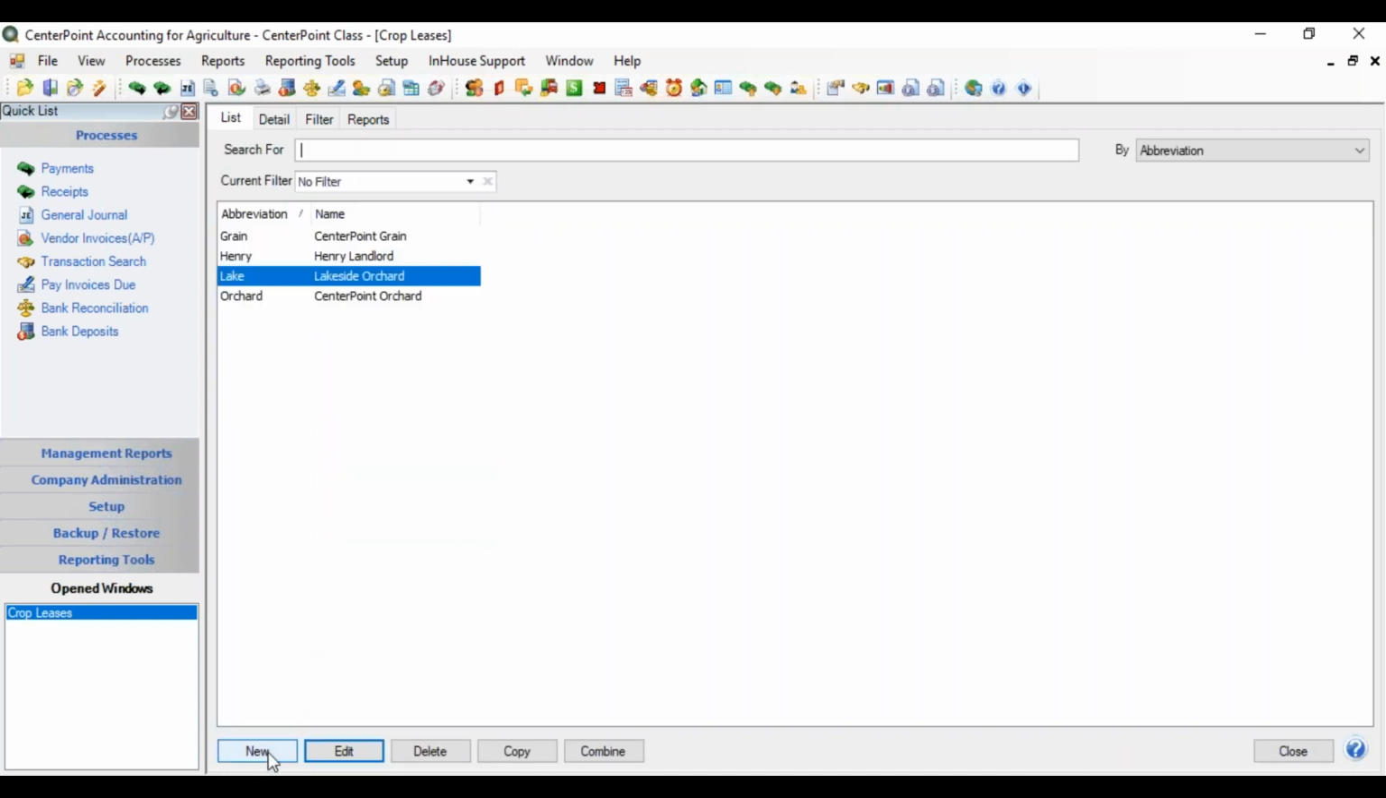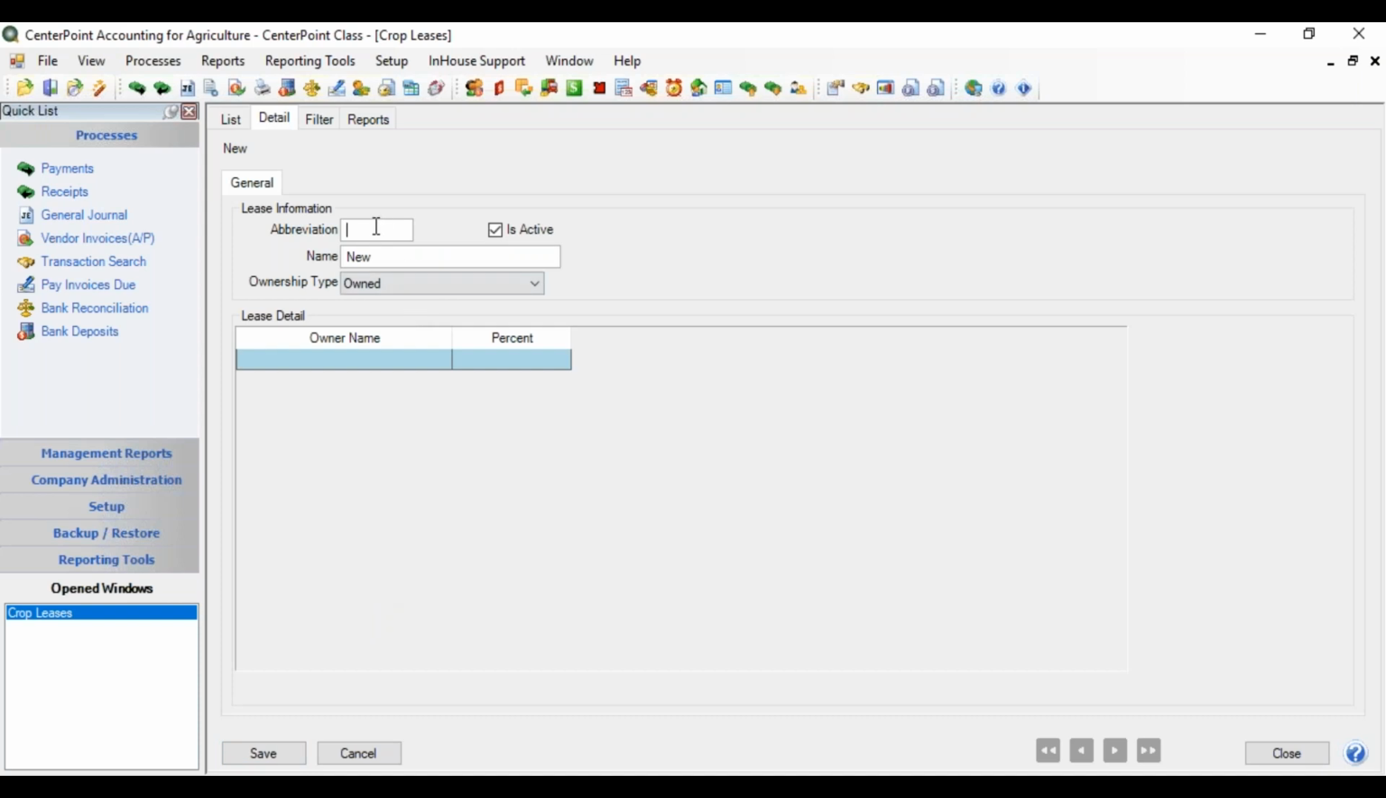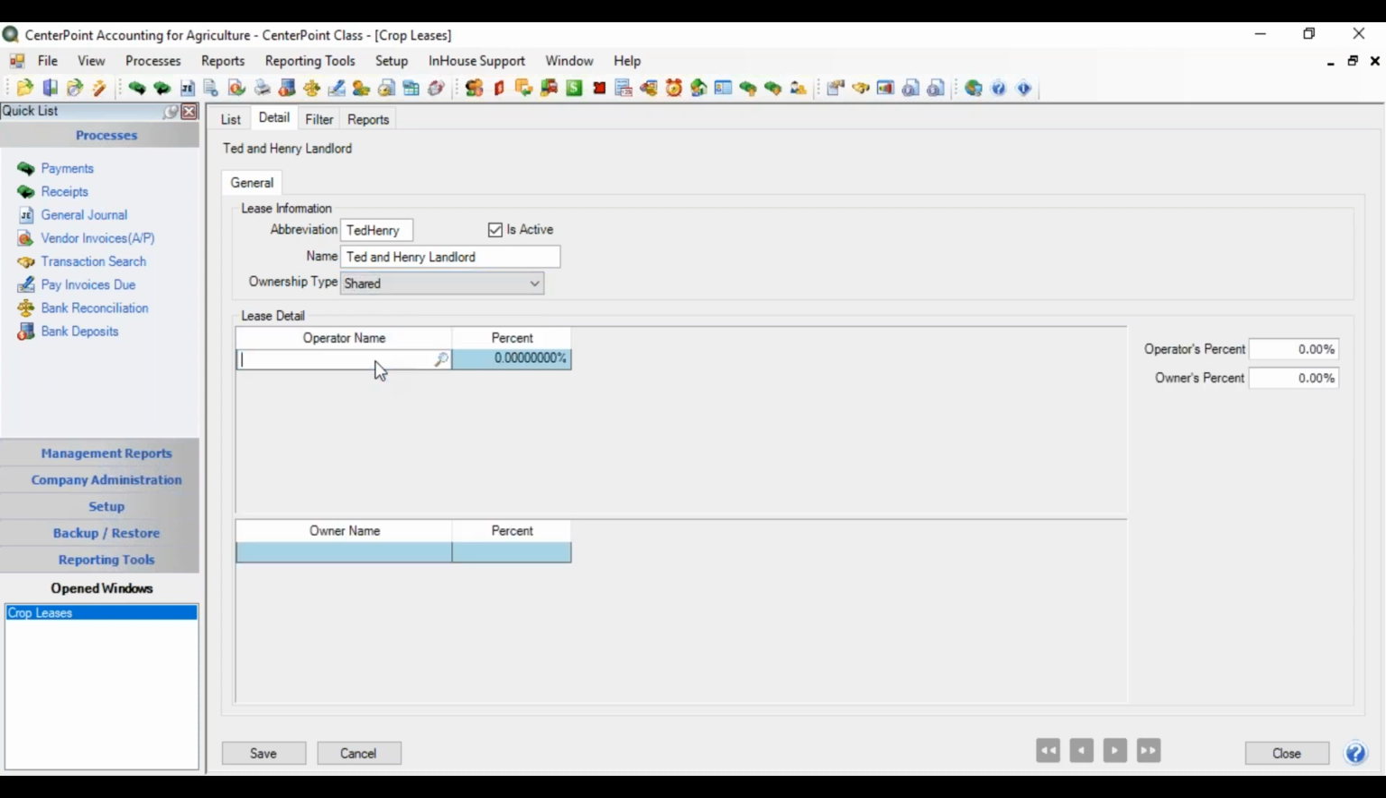Now we're going to make a new lease agreement, and let's say that we have some ground that Henry landlord is owning with his brother Ted. So we're going to call this one Ted Henry, and we'll identify the name as such. And this is going to be a shared. The operator, again, is CenterPoint Farm